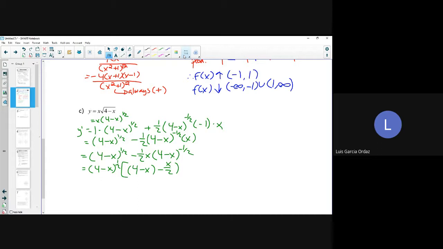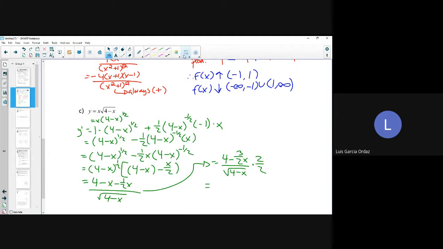And then this simplifies to 4 minus x minus 1/2 x all over the square root of 4 minus x. And then I'm going to simplify my numerator, which gives me 4 minus 3 over 2 x divided by 4 minus x. And to get rid of my fraction on the top, I'm just going to multiply both the top and the bottom by 2,